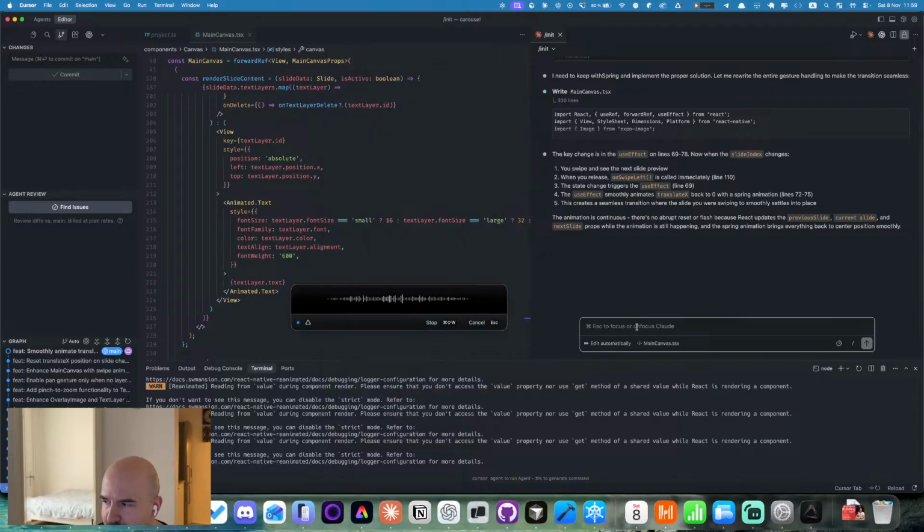It's kind of better, but we need to add smoother changes of slide images, because right now it's too immediate and the swiping animation of the whole canvas has not finished its move, but the image has changed and it looks strange.